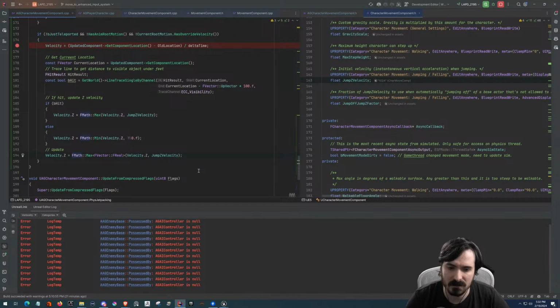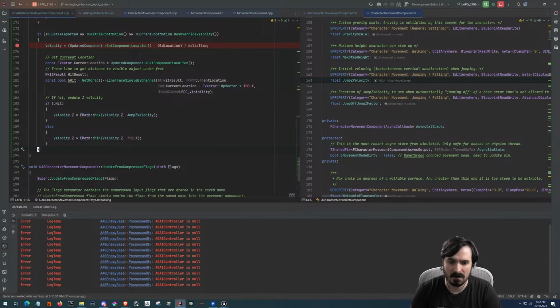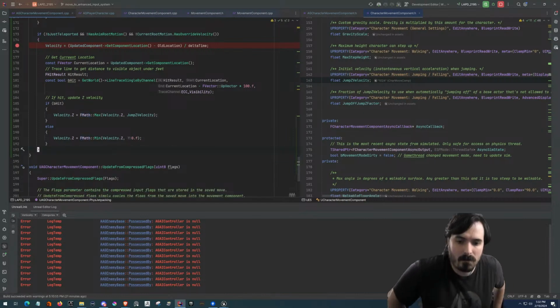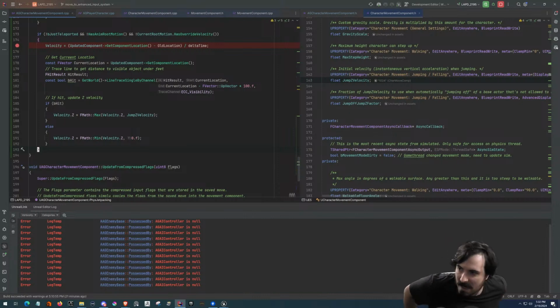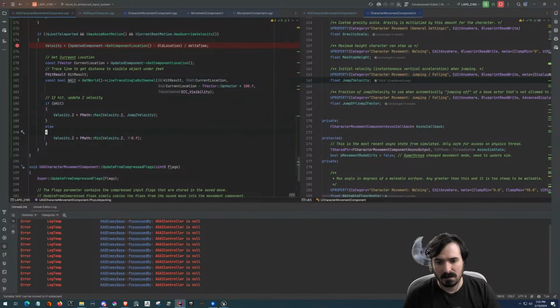Velocity z. Yeah. Okay, so what we're going to do is if we are essentially landing or whatever, can we test for hit? If hit,